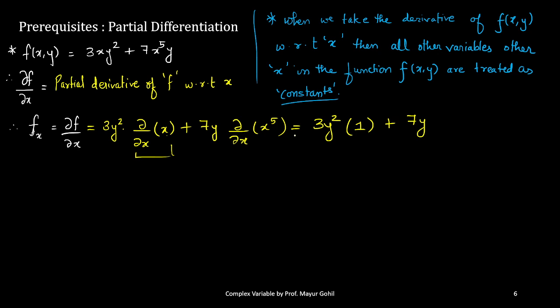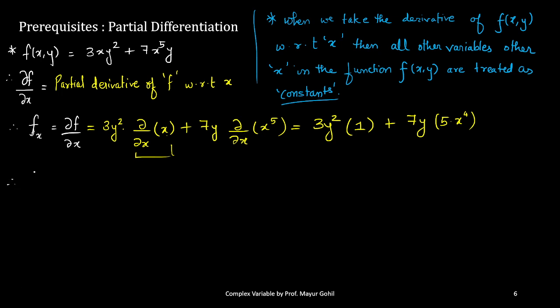X raised to 5, the derivative over here is going to be 5 times x raised to 4. You are taking the derivative with respect to x. Now let us see how to go about the further part. If someone asks us to calculate the derivative over here,